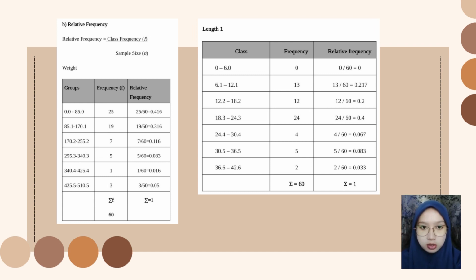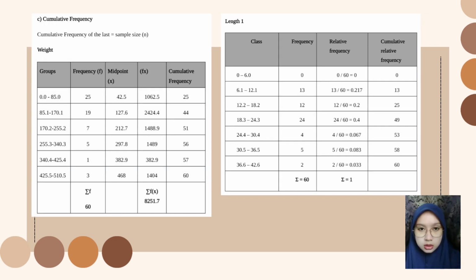For the length table, 0 divided by 60 equal to 0. Then 13 divided by 60 equal to 0.217. 12 divided by 60 equal to 0.2. 24 divided by 60 equal to 0.5. 4 divided by 60 equal to 0.067. 5 divided by 60 equal to 0.083. Lastly, 2 divided by 60 equal to 0.033. For cumulative frequency, the last equals the sample size. For the weight table it is 25, 44, 51, 56, 57,